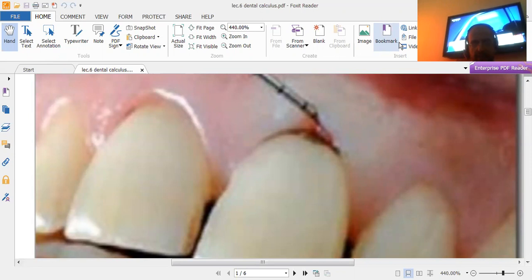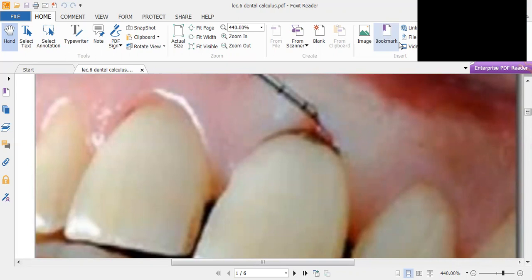Formation of the calculus. The soft plaque is hardened by precipitation